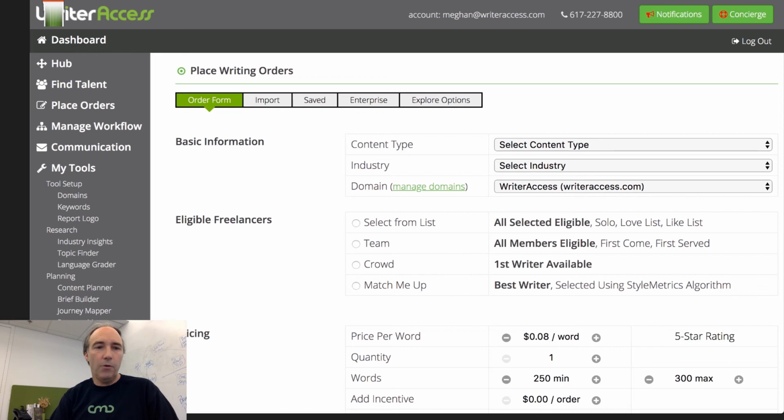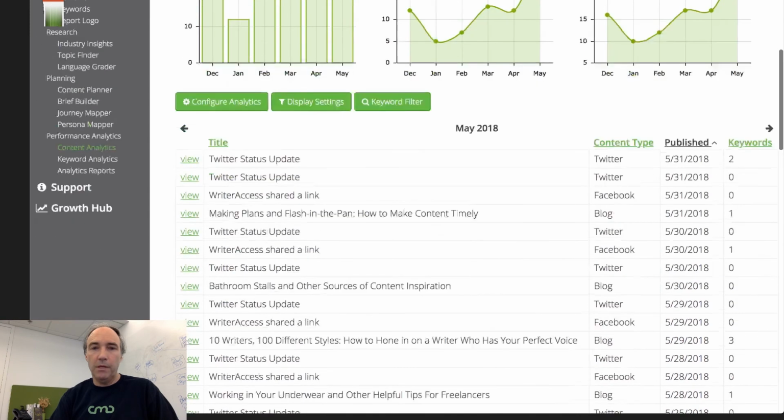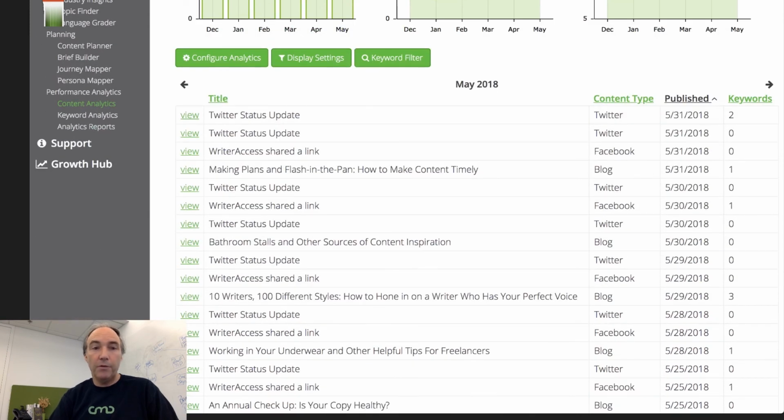We have some really cool reports that will show us how much content we've created in WordPress, Facebook, and Twitter through an API that pulls in that data directly from your channels. We can also pull up any of those.